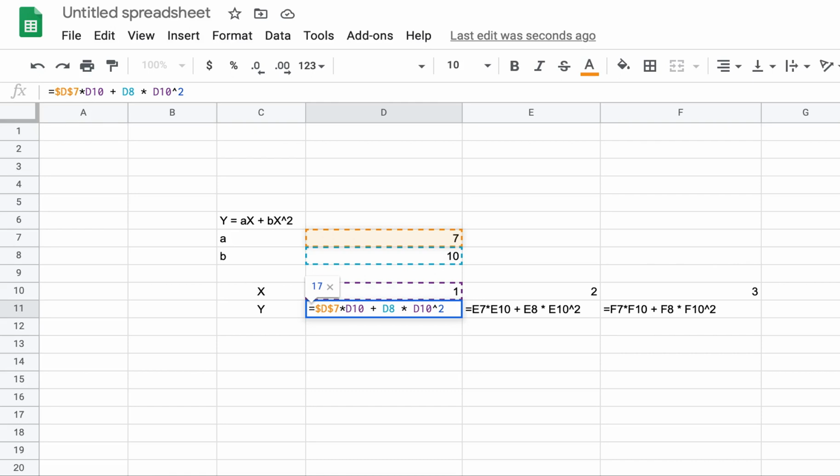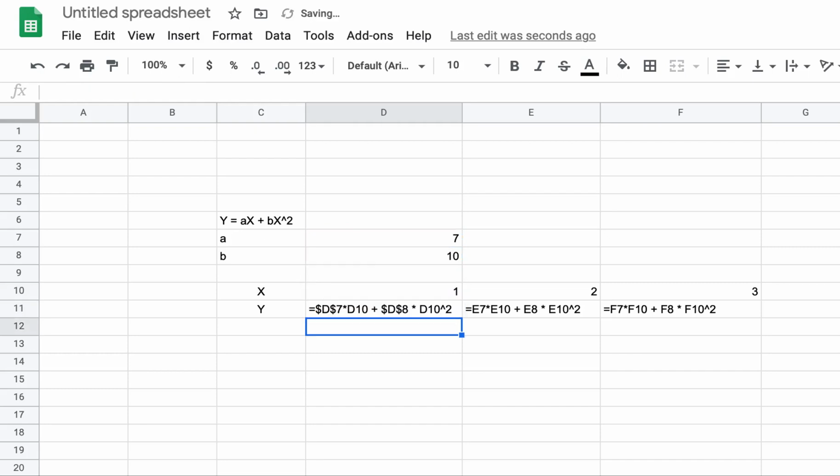You can make it work by just fixing d, because 7 anyways will not change because you're moving in the same row. But just to be on the safe side, you can lock d. So now you're telling Excel: lock d, lock 7, don't change it, but change d10, because d10 has my x, and I want to move it along with my y. Again d8 is constant: lock d, lock 8, don't move this please, but move this, enter the value, right?